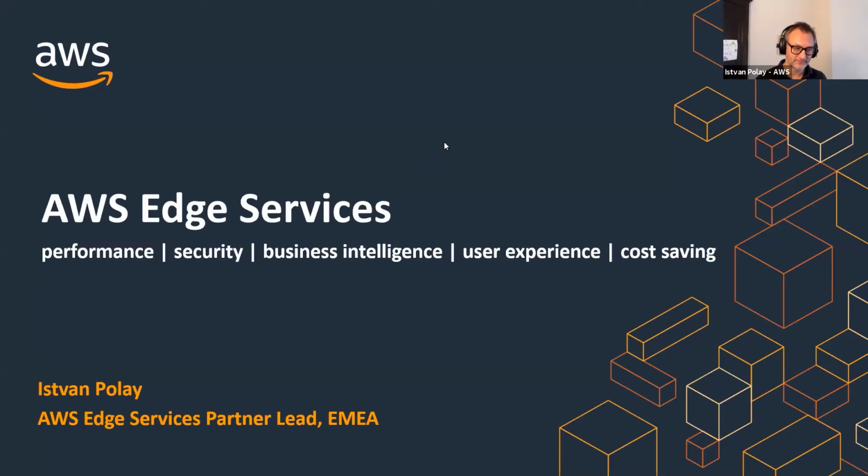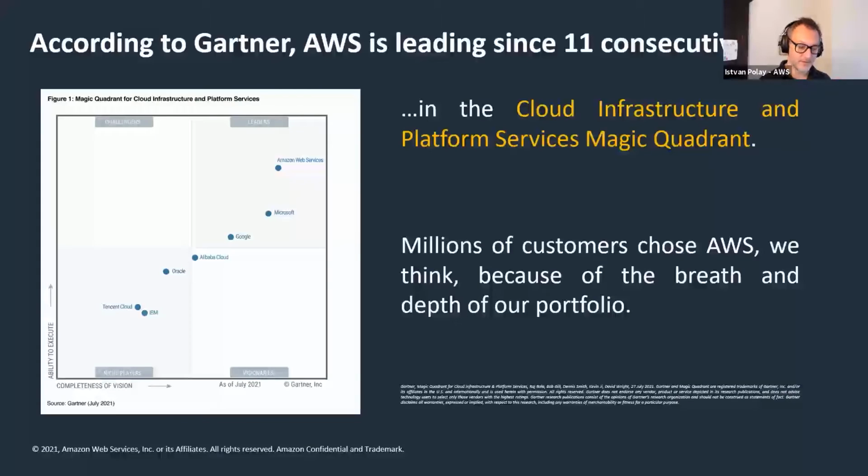Excellent. So I want to tell you about AWS Edge Services and why we think they are super important for everyone who has external facing applications and workloads. Before I do that, I want to start from a little further back and give you the big picture, because we will be talking a lot about the CDN and why this is super important. This is close to my heart. This is my portfolio, but I want to highlight one of the most important things about our CDN compared to any other